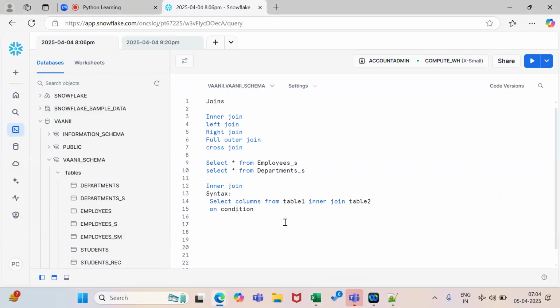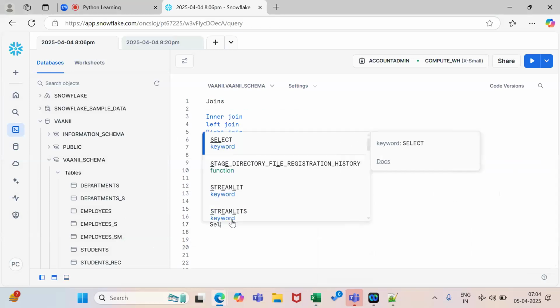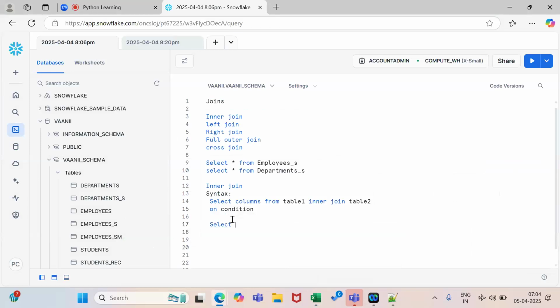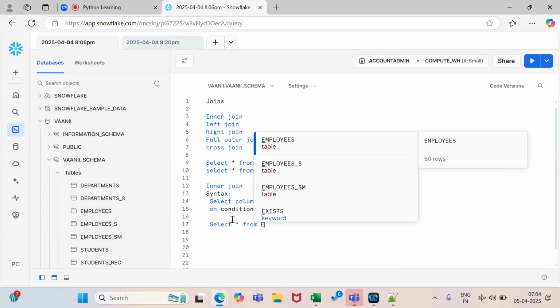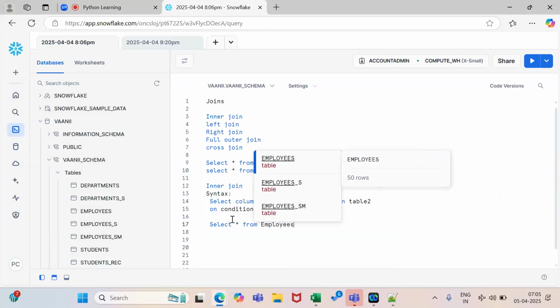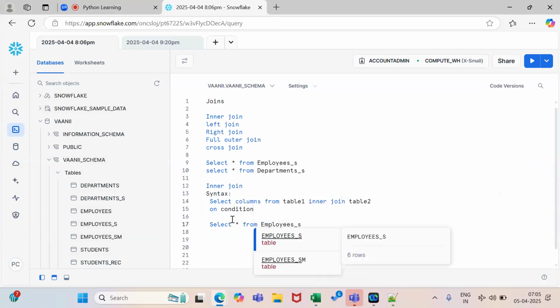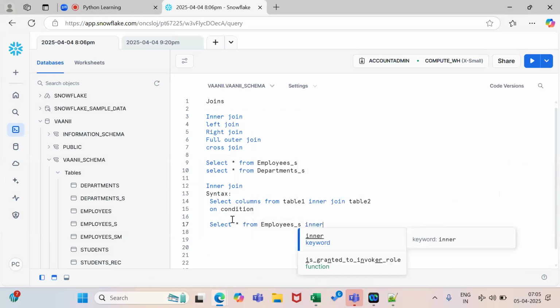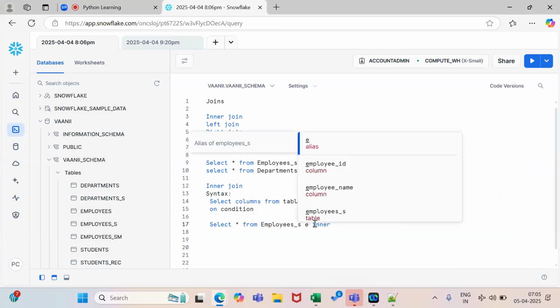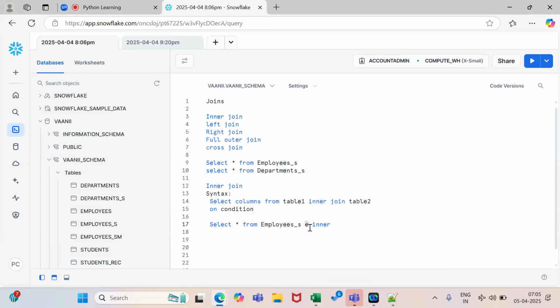Now we can select column names also, but for now I am just selecting everything. This is for alias. If you write an alias, you don't have to write your table name again and again.